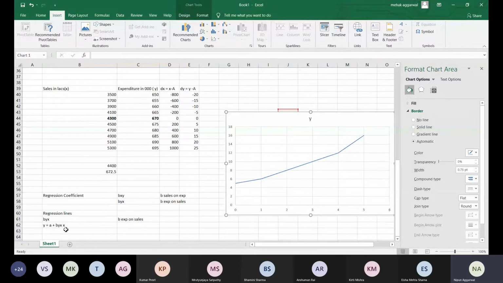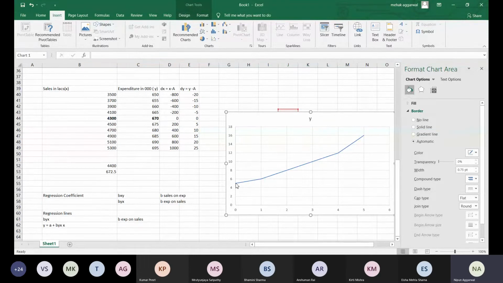So the salary of that particular shop helper, that will be your a. If x is 0 also, then also I have to have some expenditure. So that is the expenditure on sales. So my sales is 0, but then also I have some expenditure. So x becomes 0, so y is equal to a. So this intercept becomes from 0 to this 5. So this 5 value is known as your intercept.